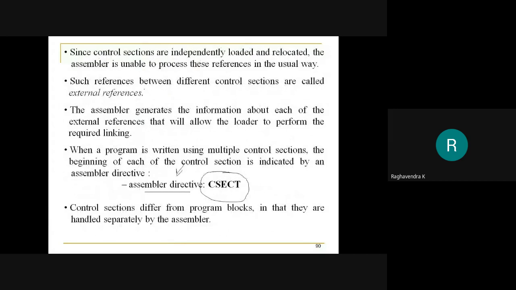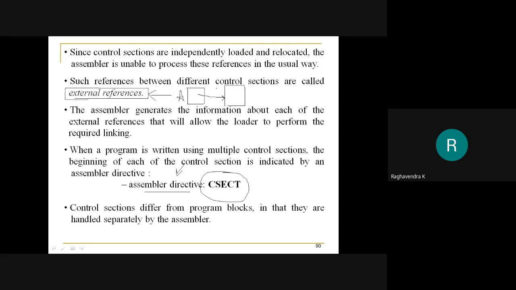Right now, one of the issues that has to be handled is that of external references. So, what do you mean by external reference? As I said, there may be several control sections in your program that refer to a symbol that is not defined in that section, but is present in some other control section.